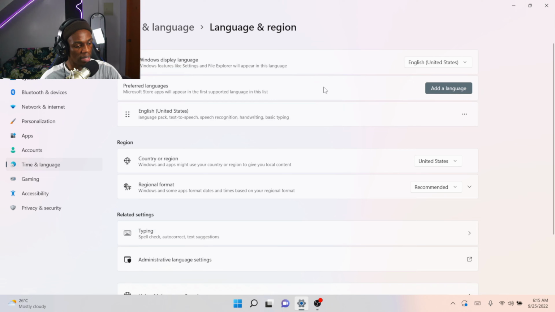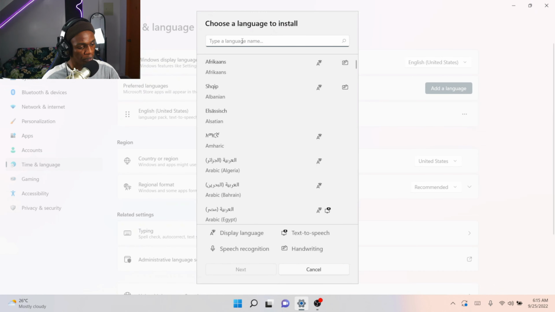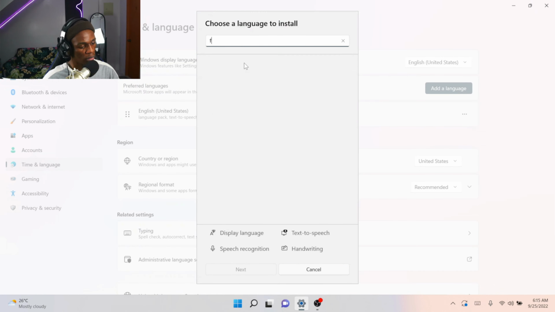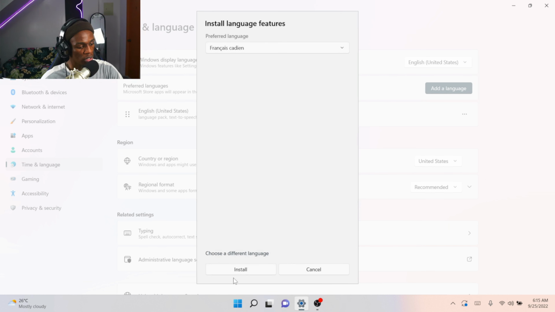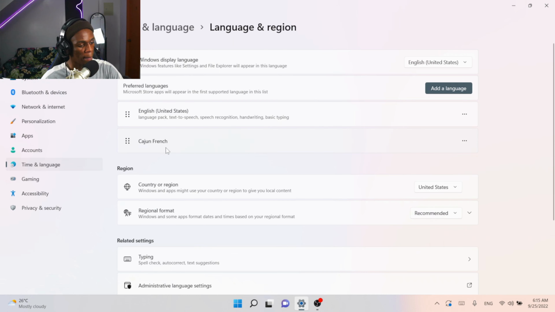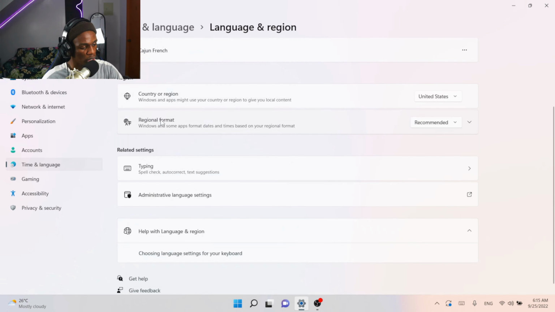So let's go ahead and add the language back. So that was French. Okay, so as it's gonna be on here, so install it. So as you can see, the French is here. So this is what you will have to do, and you have to